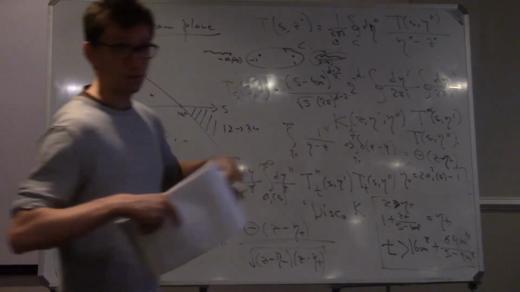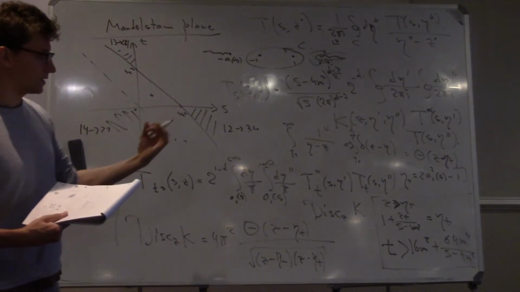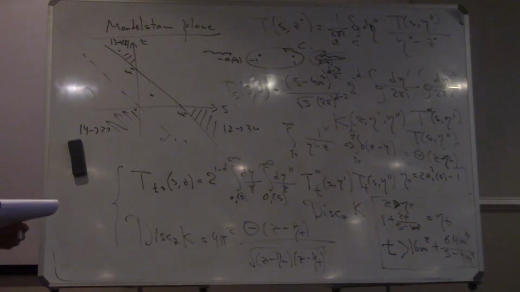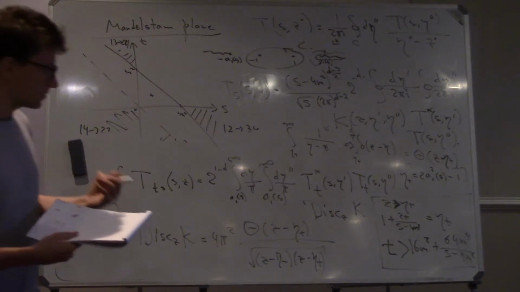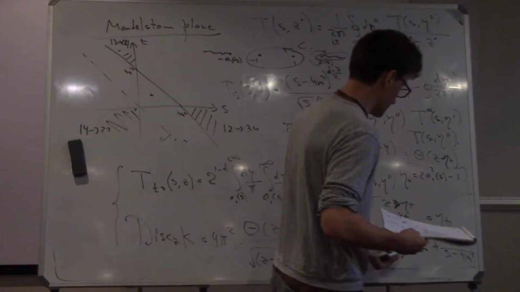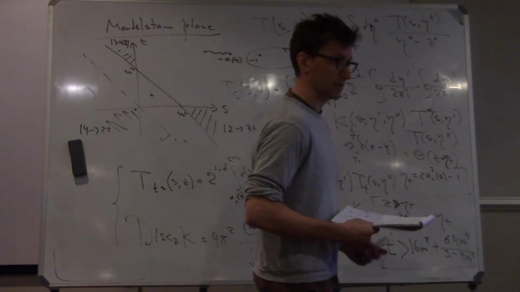So again, to recap what we did. We started with elastic unitarity in S. We analytically continued in the t variable, and we discovered that the amplitude develops a double discontinuity. And then we found that the double discontinuity only develops in this region. So this curve, when t is equal to this, is known as the Landau curve.